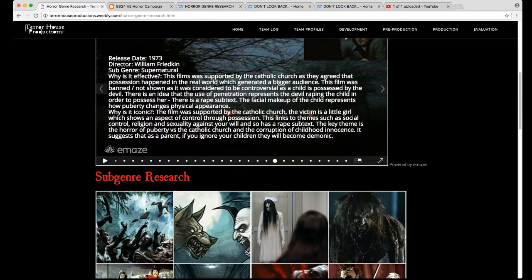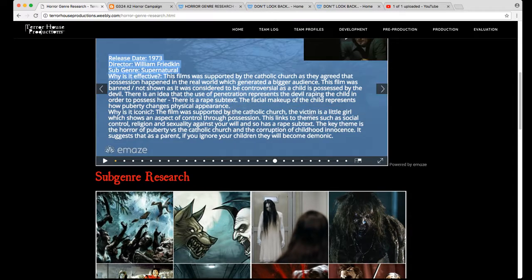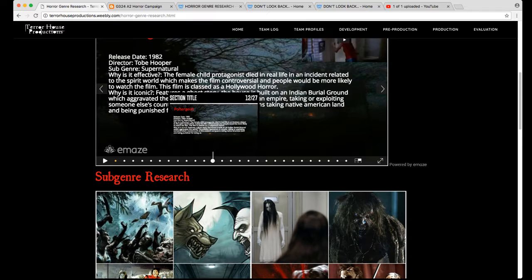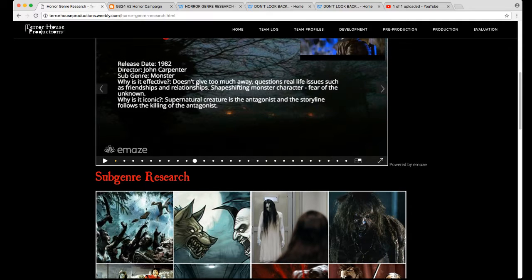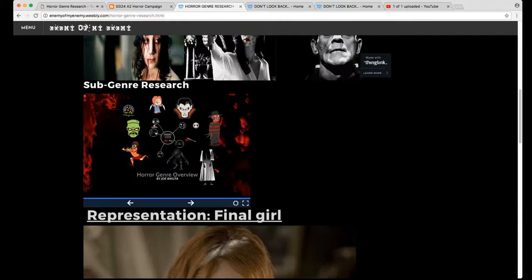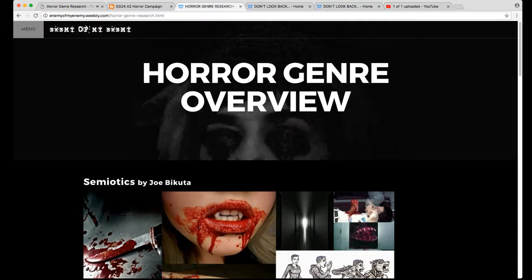Yeah, also if you look at how much they wrote about why it's effective compared to what's on the Prezi, there's at least 3 times more text here. There's a lot more detail. So again, we already know this is the A grade. All you've got to do is look at what you've done and compare it and think about, is it as detailed? And that should give you your answer of what you need to do to improve. Okay, so that's the first section.